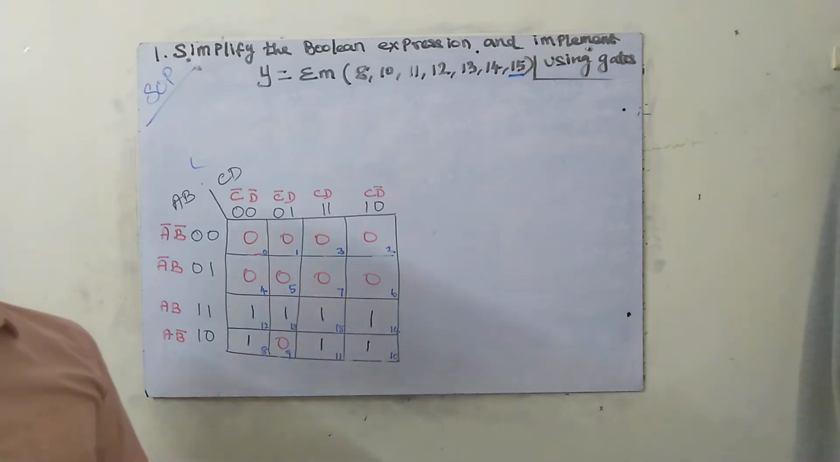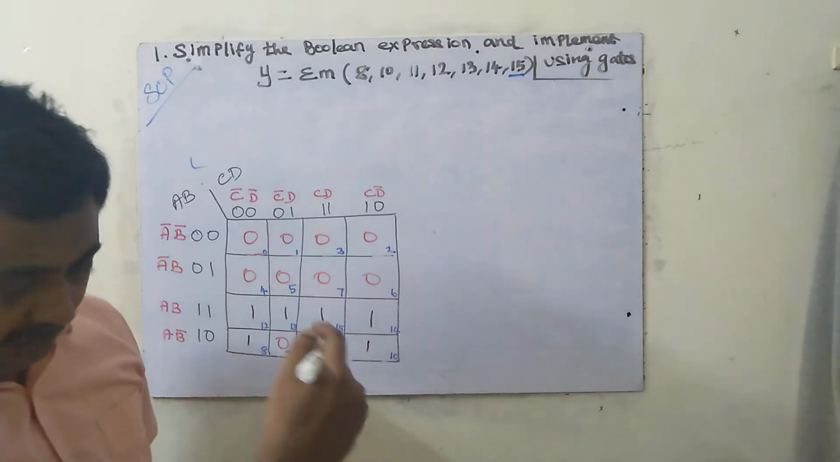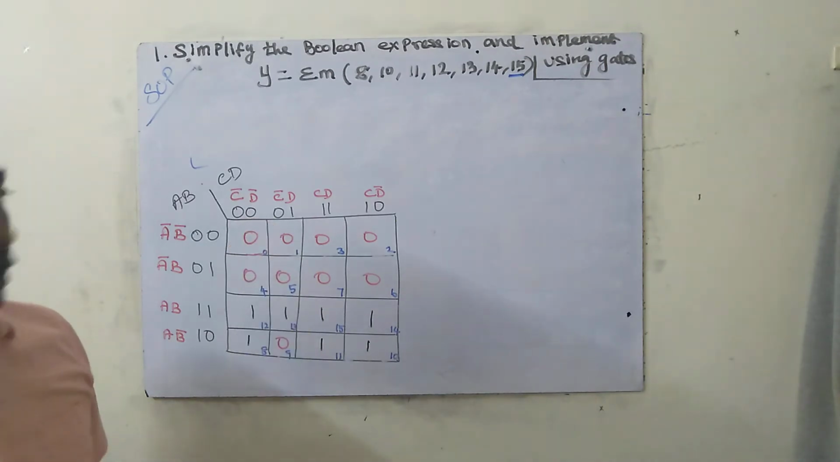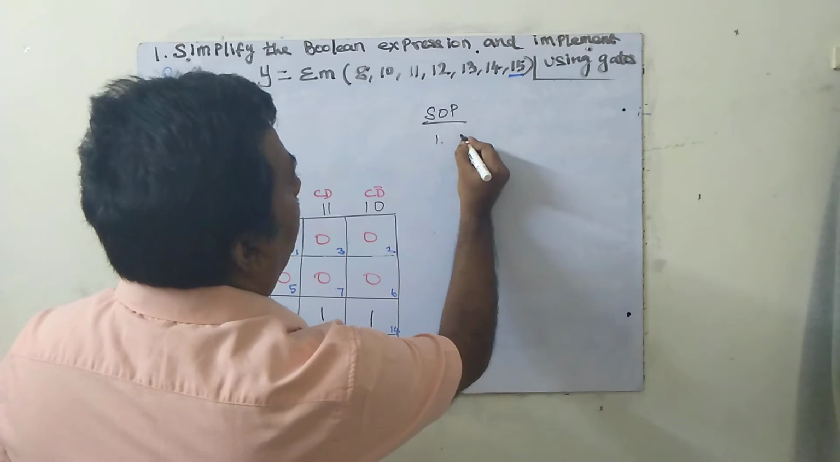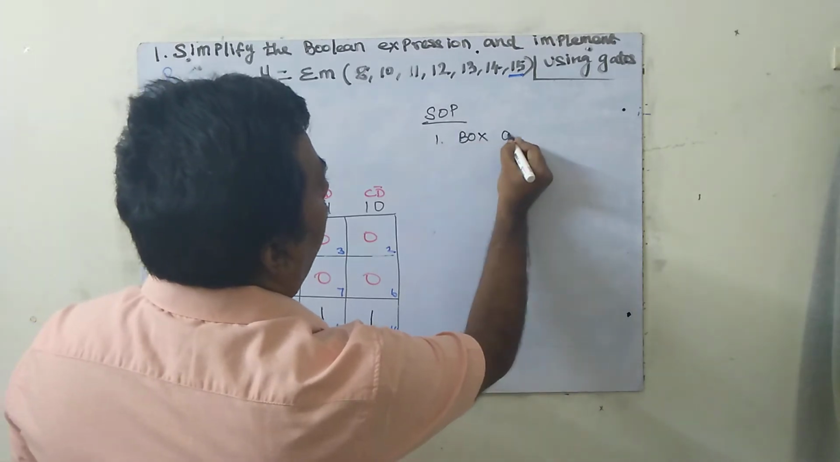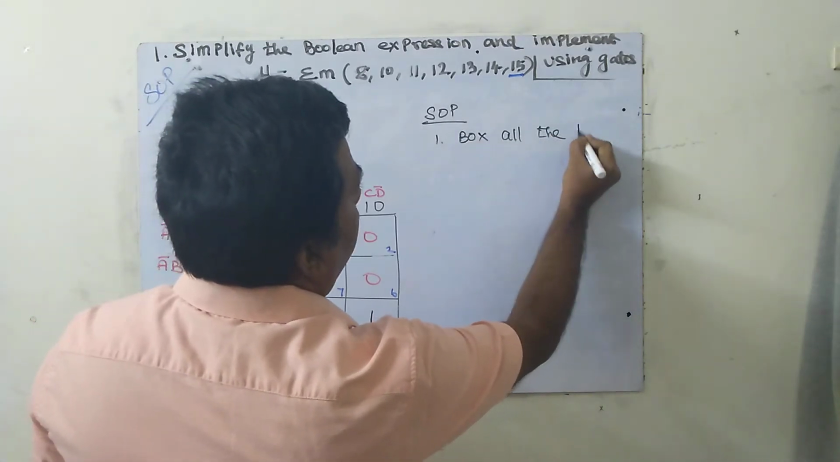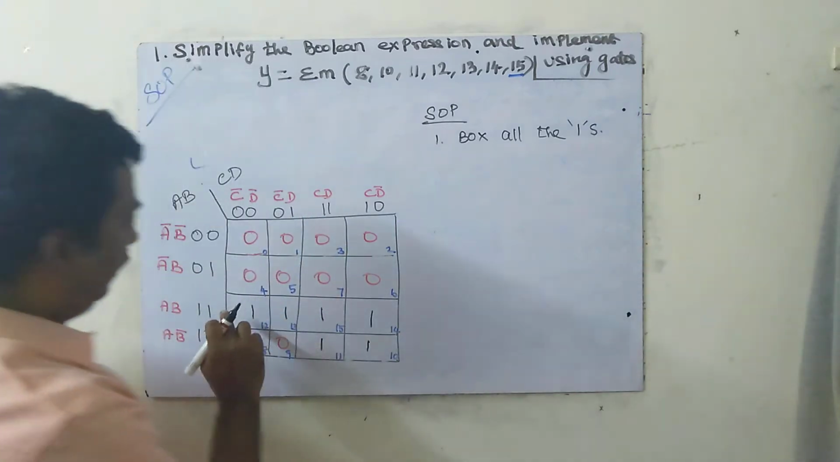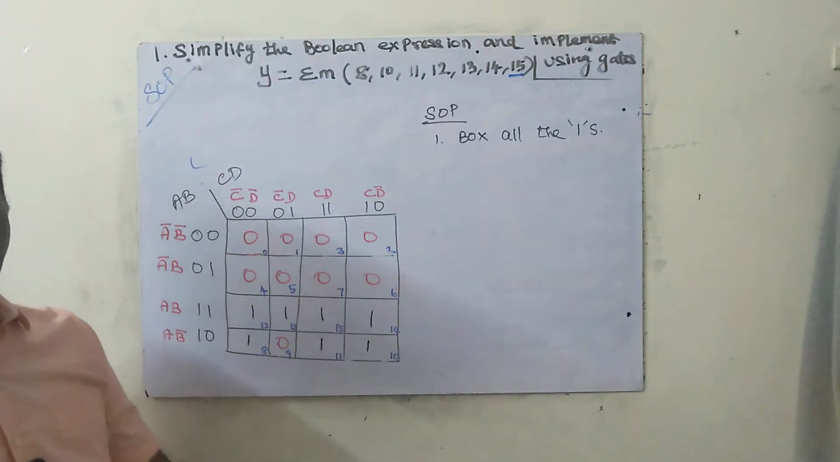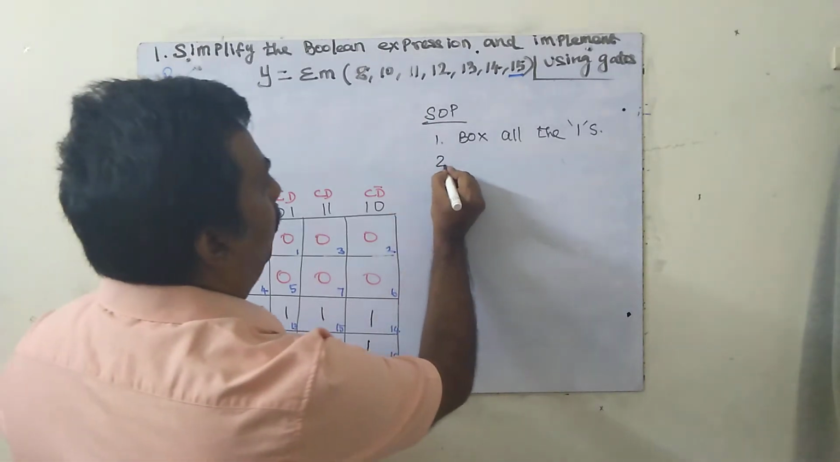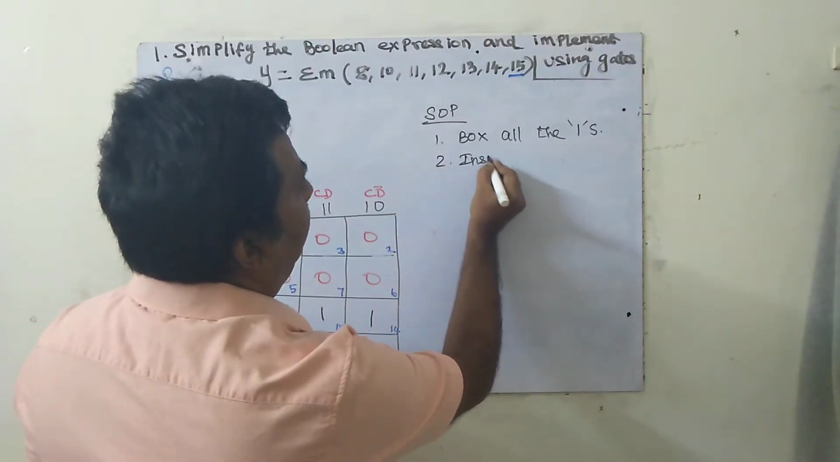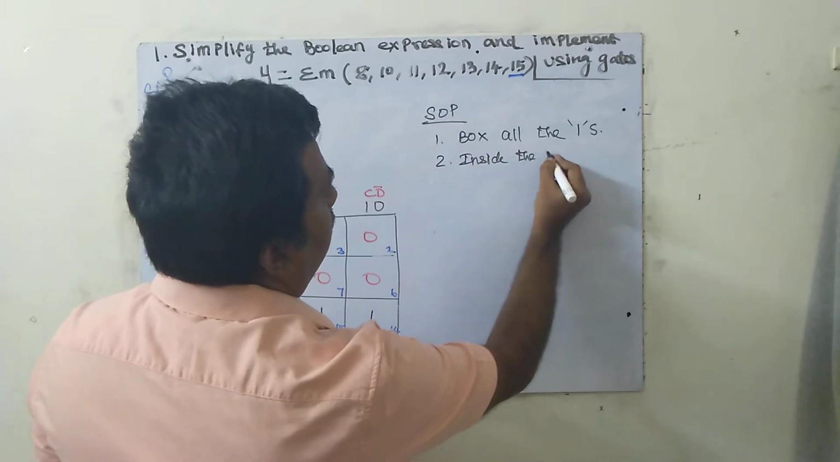What does boxing mean? Here that's very, very important. Since it's the first problem, I am explaining all these things. We had the SOP method. First, we have to box all the ones. All the ones I have to box. See, what are the ones I am having? All the ones I have to box. Inside the box,